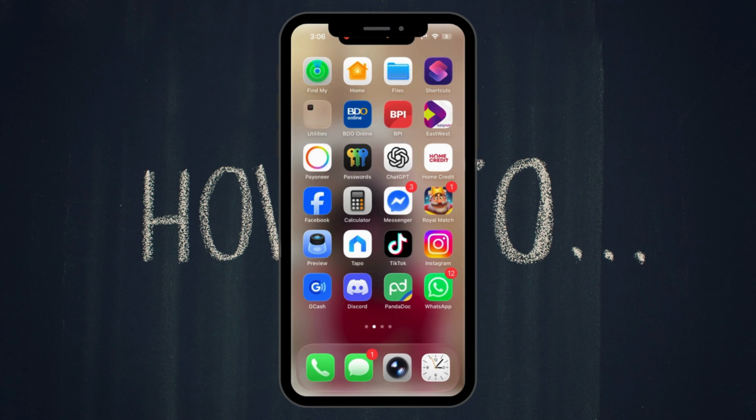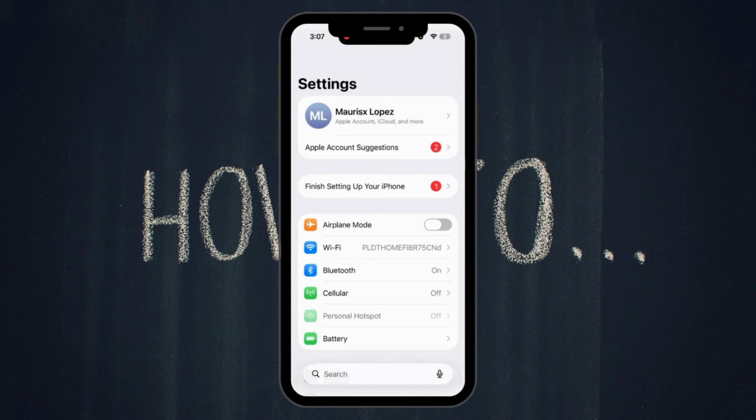Hey guys, I'm gonna show you how to enable Messenger pop-up notifications. So first, open settings. For iPhone users, iPhones don't support Android style chat heads, but you can enable Messenger